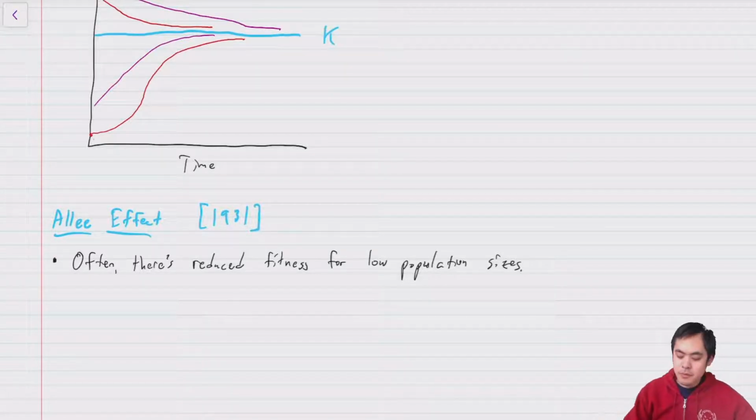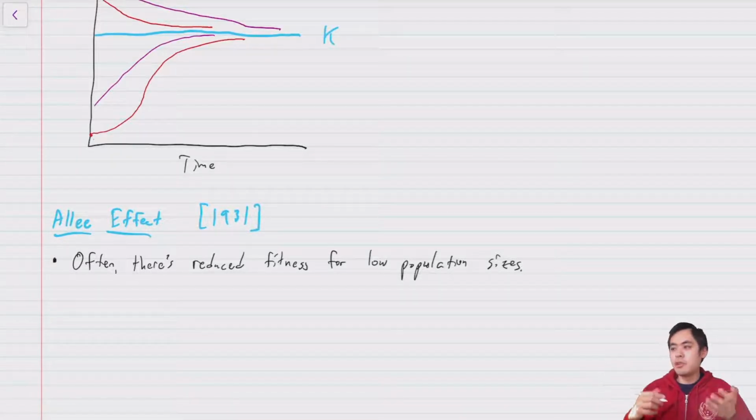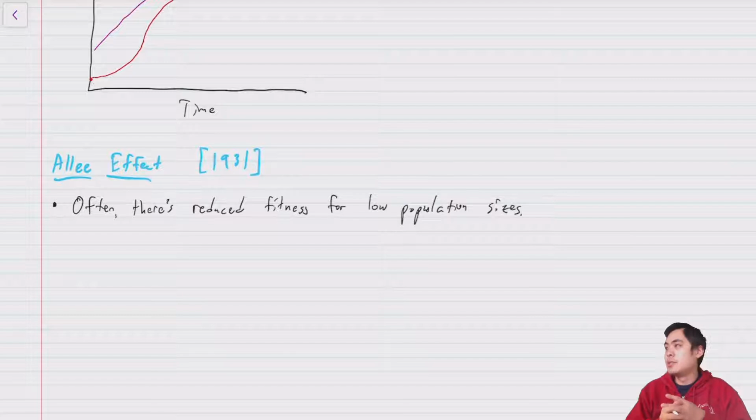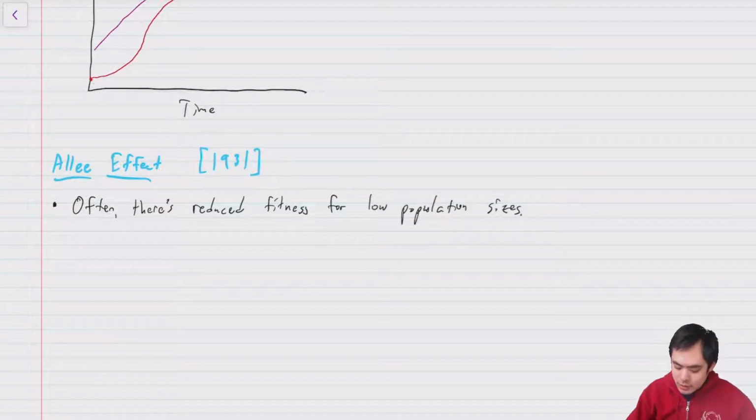And so this is an effect that people discovered empirically. And of course, if you're a mathematical biologist, you want to model this effect. So one of the ways you do this is you model a minimum viable size. So you model a threshold below which the population tends to die out to extinction. So let's say, again, we're going to think about reproductive rate. So one model,